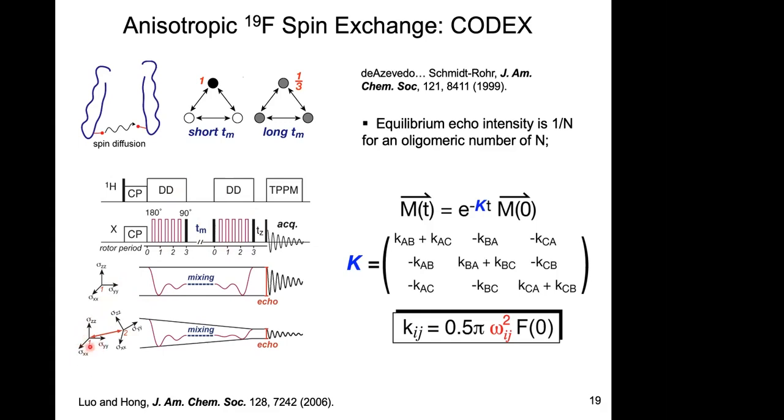where your one tensor, fluorine tensor, or carbon tensor, for that matter, any tensor, can transfer magnetization to the next tensor that's oriented a little differently. And then after the mixing time, the recoupling will occur in a way that makes your echo intensity drop. And so you follow how much that echo intensity drops, every time dividing by the control experiment as zero intensity so that you factor out the T1 relaxation. And that will tell you, in the case of spin diffusion, just how many neighbors you have for the central